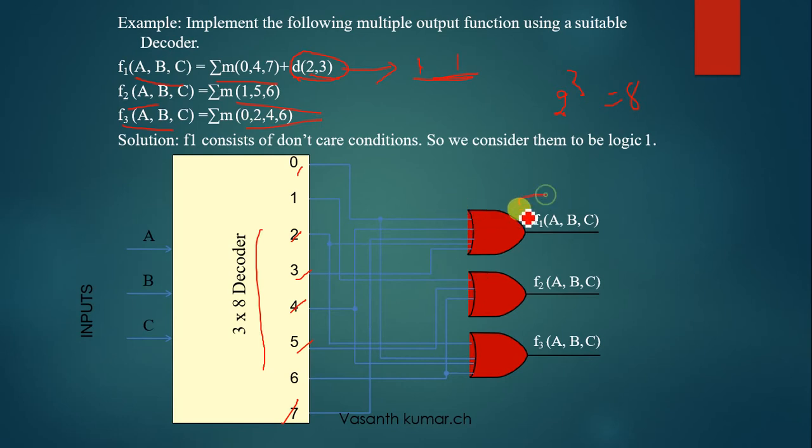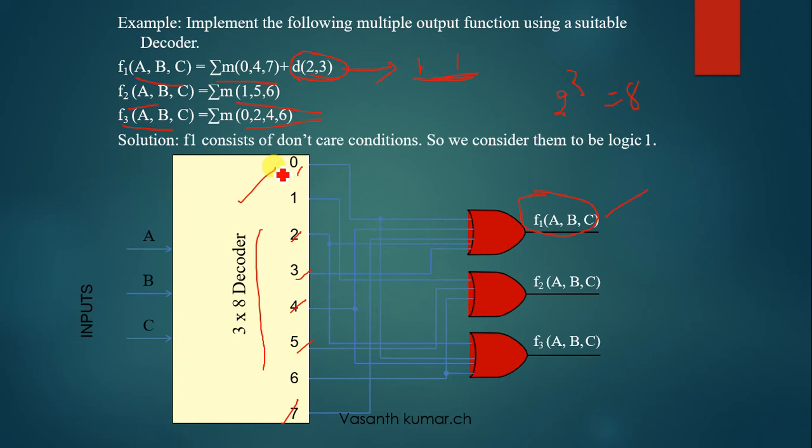So we can extract the function, right? Here F1 has don't care conditions, so include them, right? So similarly, 1, 5, 6: 1 you give it to an OR gate, 5 you give it to an OR gate. Okay, similarly 6 you give it to an OR gate, right? Similarly, we have another function 0 to 4, 6: 0, 2, 4 and 6 are provided to an OR gate. So all these OR gates are multiple input single output OR gates. Okay, one thing you have to remember, multiple inputs single output OR gate.